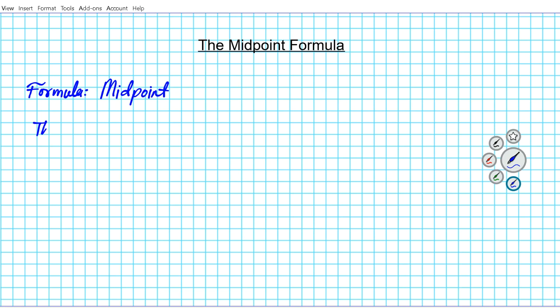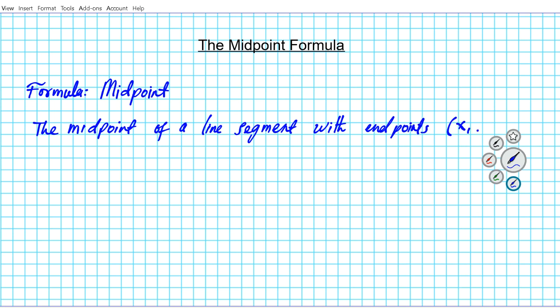The midpoint of a line segment with endpoints x1, y1, and x2, y2. So in the problems we're going to be doing today, I will be giving you the endpoints, and then you are to use the endpoints to find the midpoint, okay? So the midpoint of a line segment with endpoints x1, y1, and x2, y2 is given by,